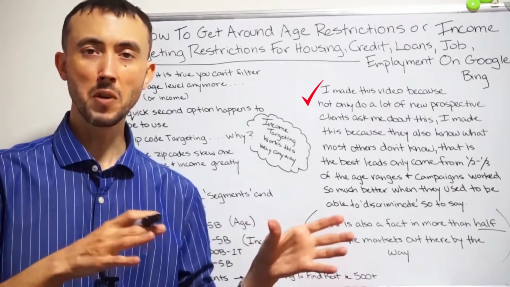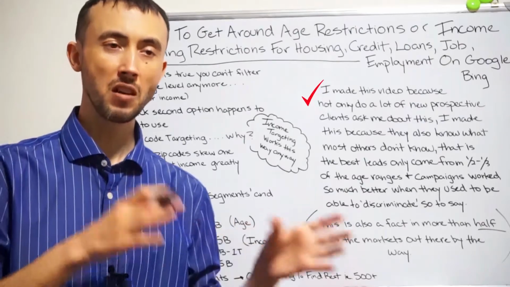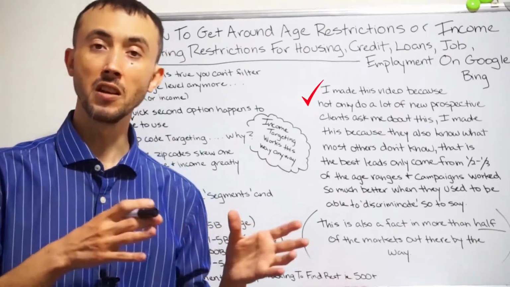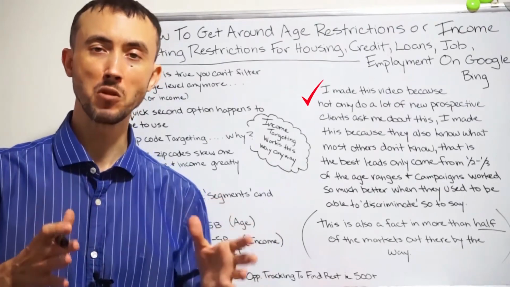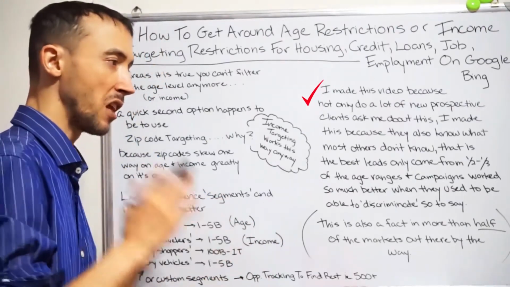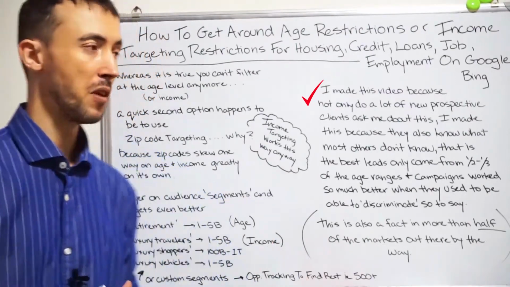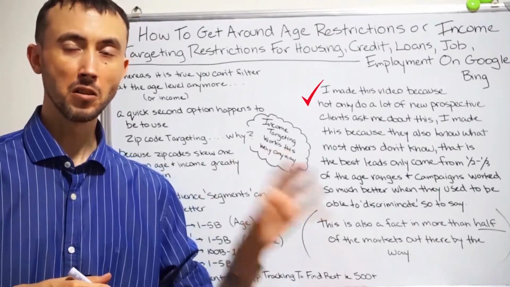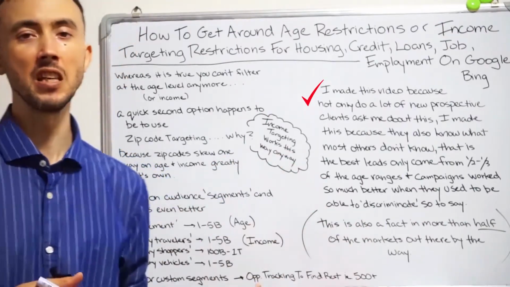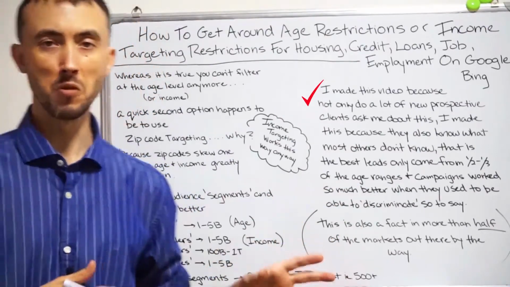Basically, there should be about a third of the income and age demographics, or at least half, where 80% of your customers are coming from. And with that, you can narrow down your ads and get a lot more out of them. These two are such a powerful set of filtering or targeting options inside the account. They're really key. So, beyond the keywords and stuff, you really should be focusing on that.